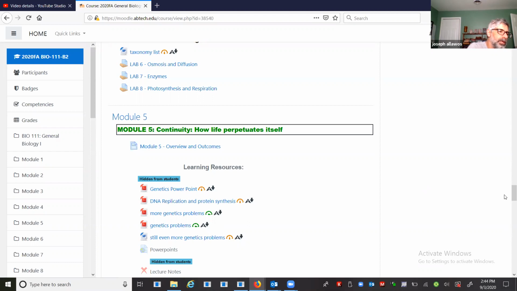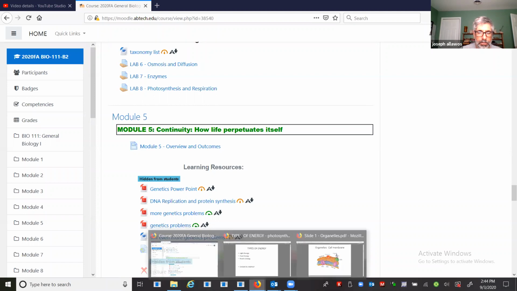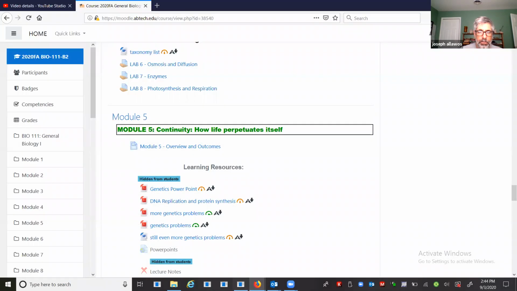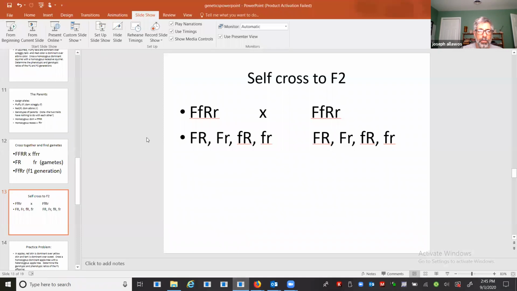Let me just turn my clock on here so I know how long we've been going. It's always something, isn't it? Okay, so we're going to do